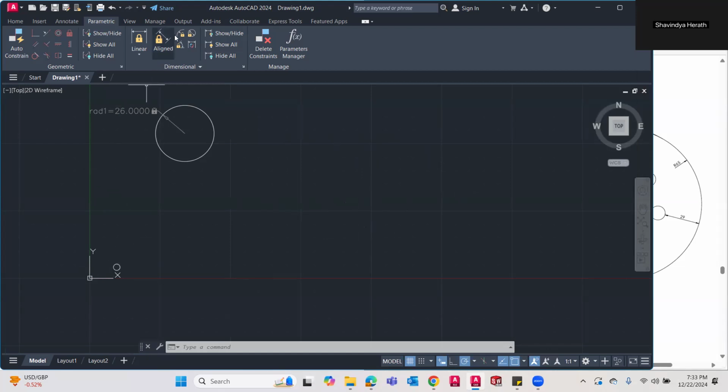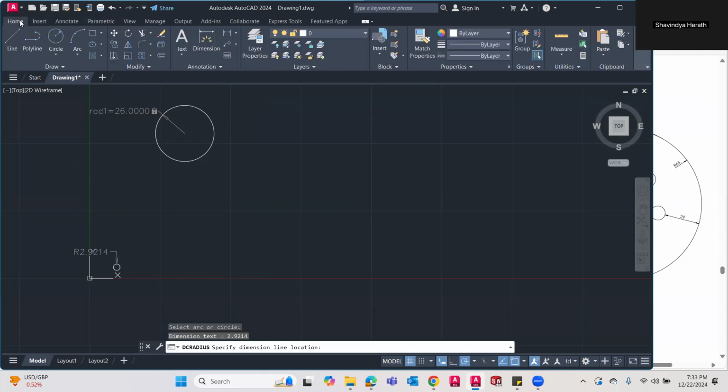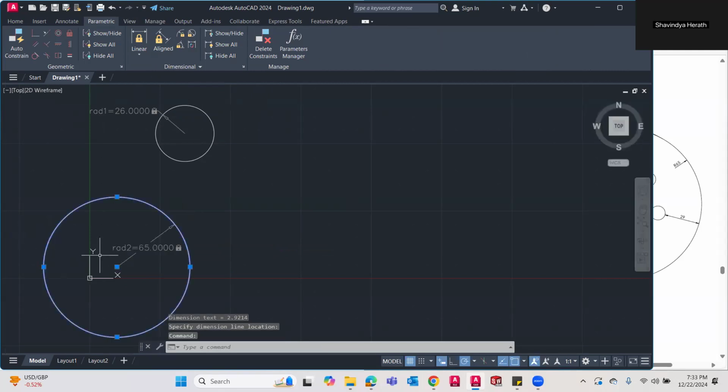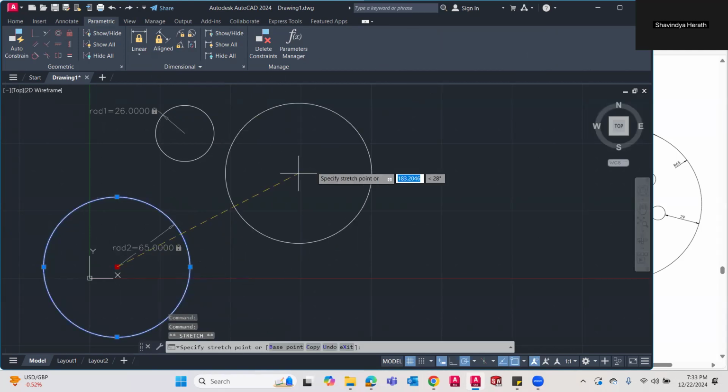So then this circle, I will put the dimension, this circle's radius is 65. So now I'm in this parametric tab, not the home tab. I just drew the two circles using the home tab circle command, and then I went to parametric, and this is the dimensional panel. In here you can see the radius dimension, and I will give it 65, and place it somewhere here.